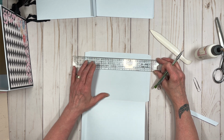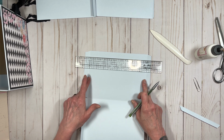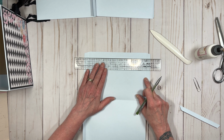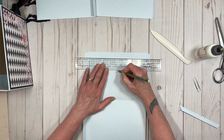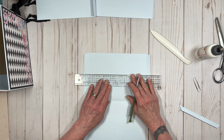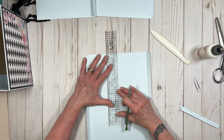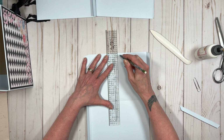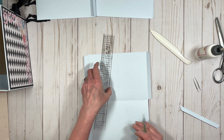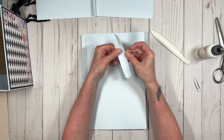So this is an 8-inch page. So I'm going in between the score marks here. And we should have like 4 inches in between the score marks here to find our midpoint, okay? And then I'm going to draw a line. And that's just going to give me a guide for placement of this little piece, so that way we keep it as even as possible, okay? So your 1 inch by